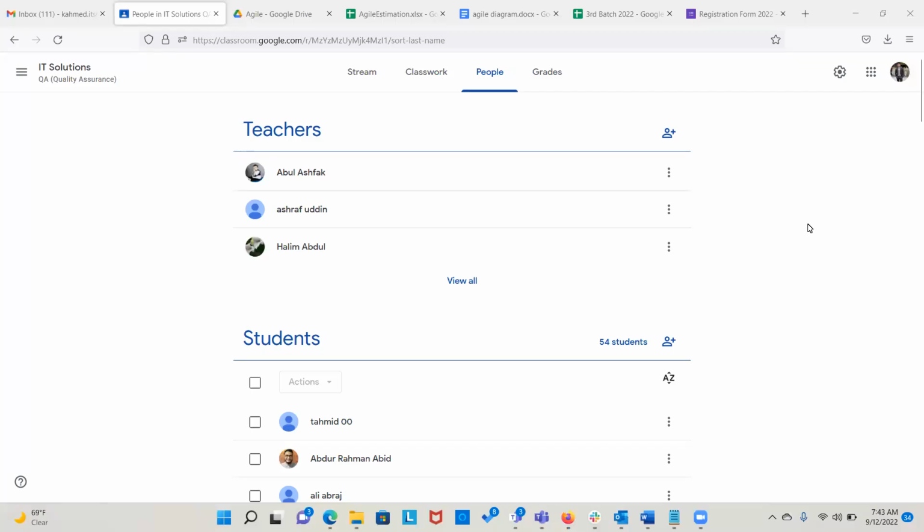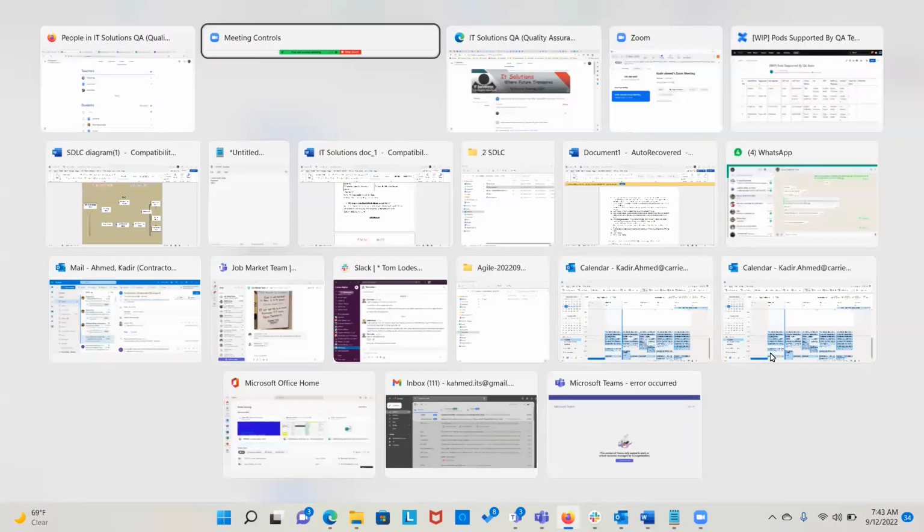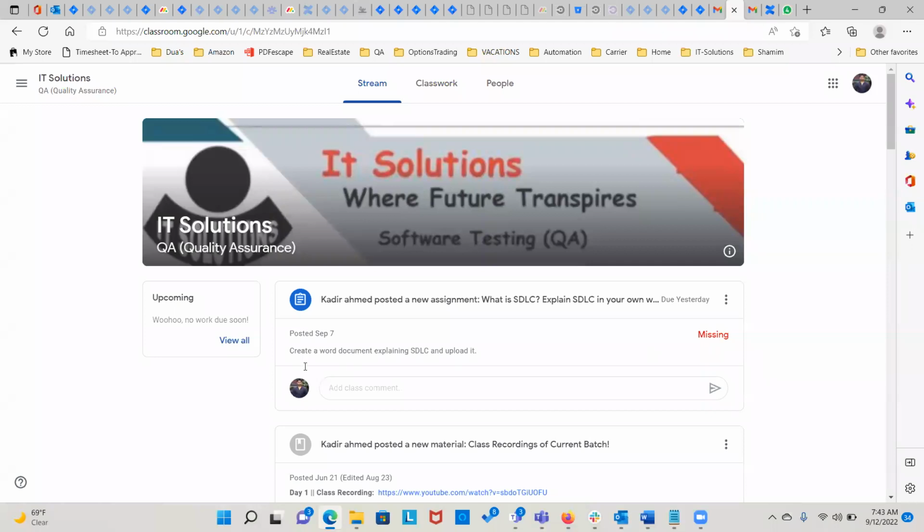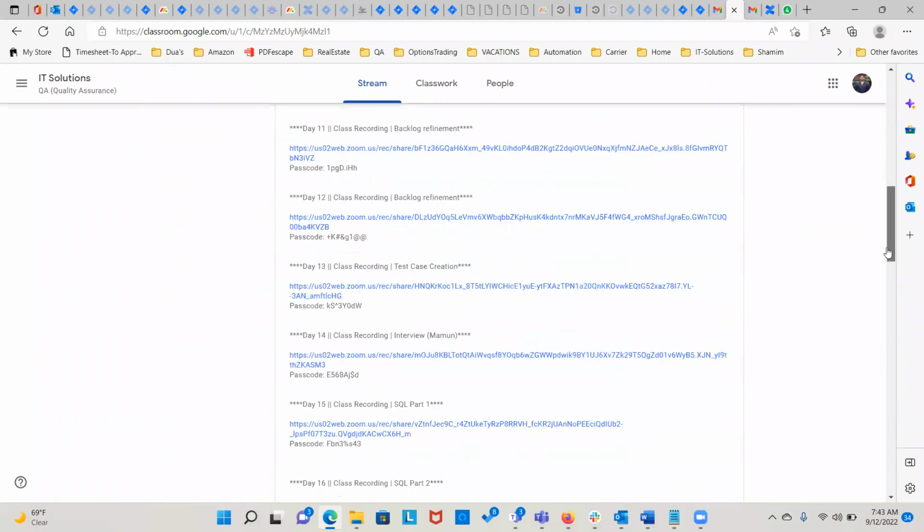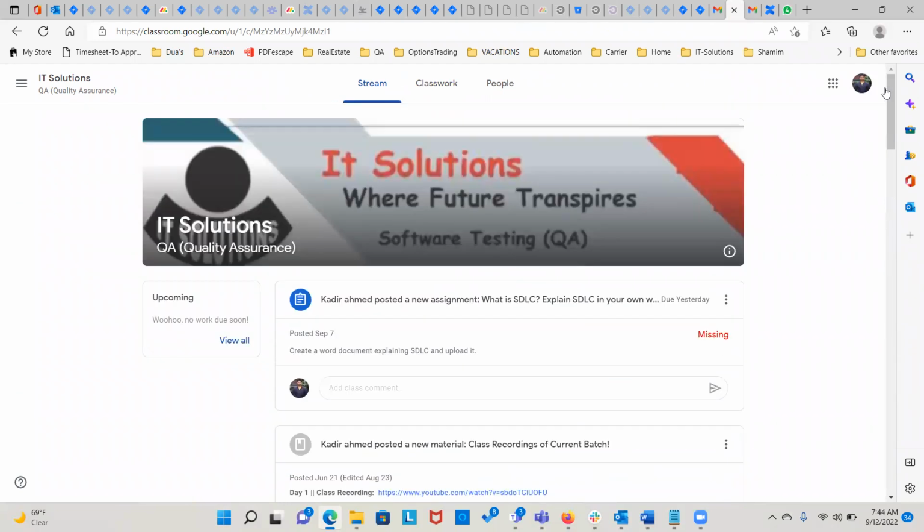Cool. So this is the admin version of it. Let me show you the student version of Classroom. So this is how your UI looks, and on a weekly basis you will see on the first page, the landing page, all the updates, all the links, all the postings that are being added. You'll see it here. In here where it says upcoming, this is where you'll see your